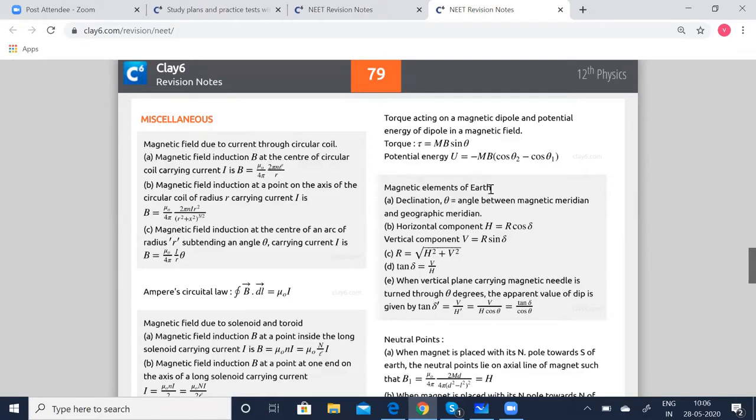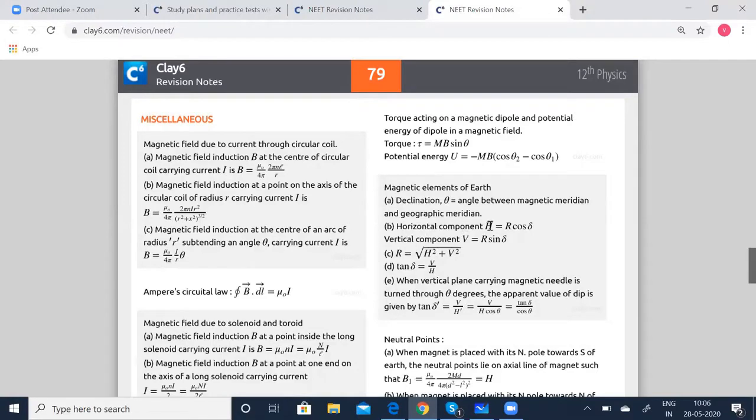When you consider the Earth as a magnet, obviously it has a declination, the angle of declination, theta, which is equal to the angle between the magnetic meridian and the geographical meridian. So Earth has its own pole, and the magnet which we consider is now going to have its poles. So the angle between these two is the angle of declination, which is represented by